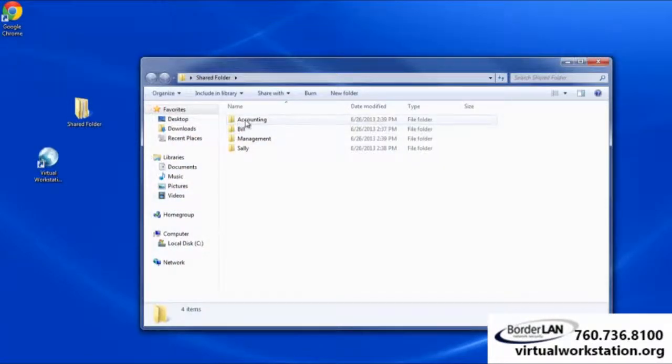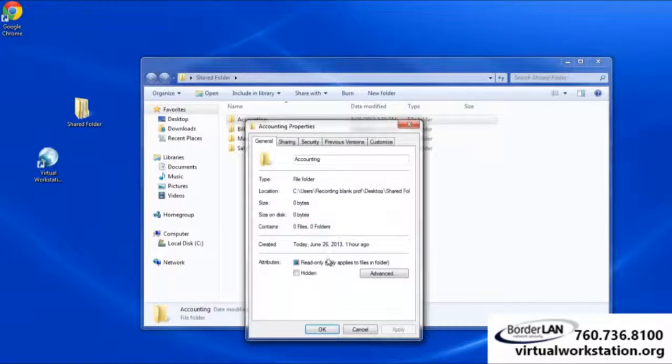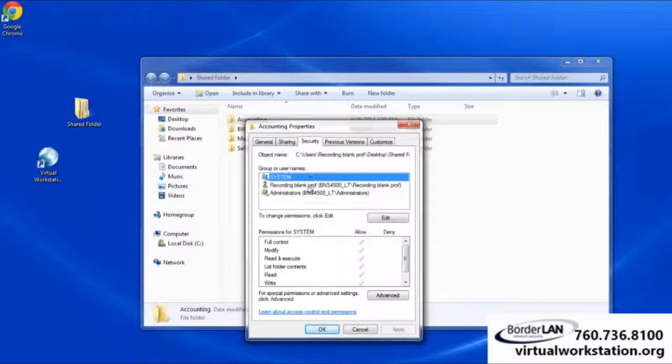And I'm going to say we're going to give accounting access to their own folder through Virtual Workstation. And I'm going to hit properties. And this is just a Windows command, by the way. This is very easy. Once Virtual Workstation is installed, then you can just use your Windows to set the security policy, which is very easy to do. I hit security, and as we can see here, administrators right now have access to this folder,